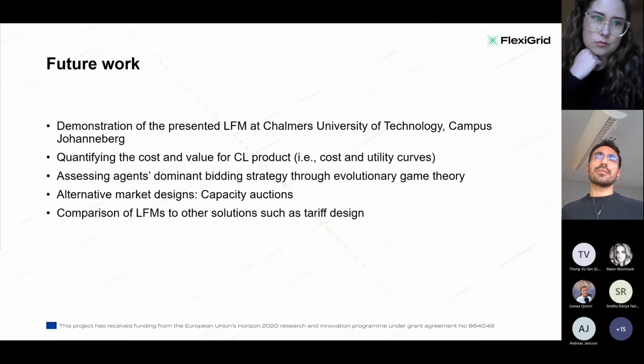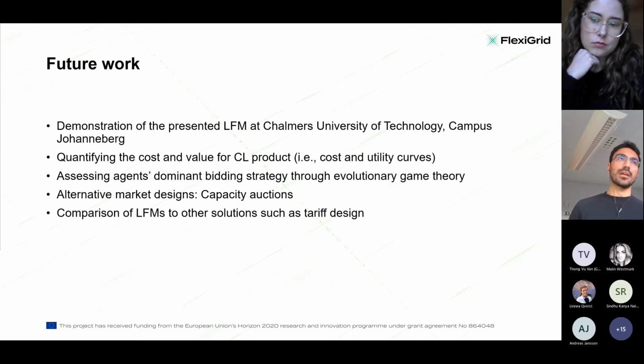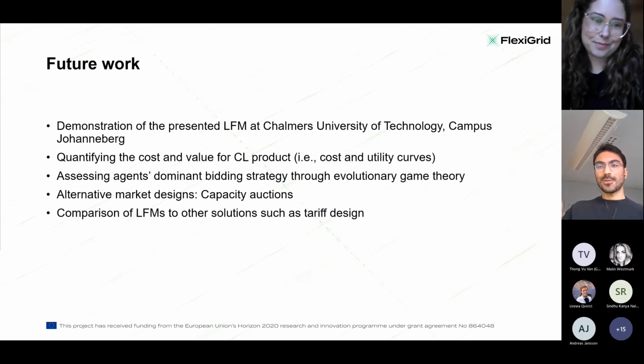And the flexible resources are from Akademiska Hus, the real estate owner at the campus. They have large heat pumps, a biomass boiler, a turbine, a battery, and PV. And we can also control the ventilation in some buildings. So these are the flexible assets that we are planning to use. I don't know if I answered your question, but that's the overall view.